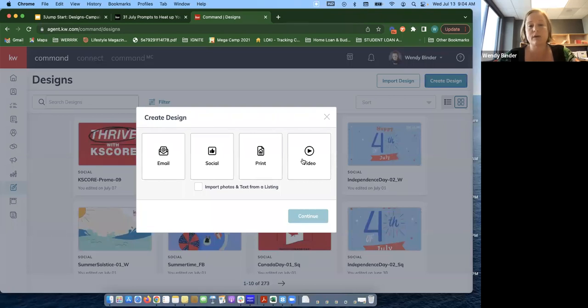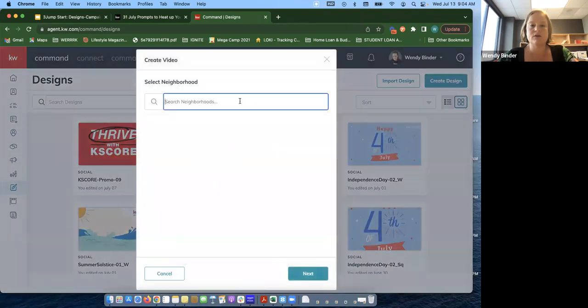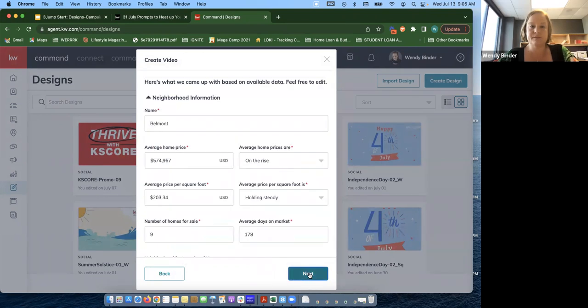It is one really simple, really cute little video. So we're going to go ahead and just do that, hit video, and then you're going to search by a neighborhood. So you can choose a neighborhood that's close to you. I'm down here in Charlottesville, and I like using Belmont as an example. Once you choose the neighborhood, you'll hit next. Then it's going to give you these